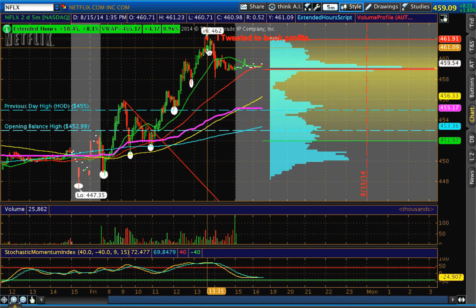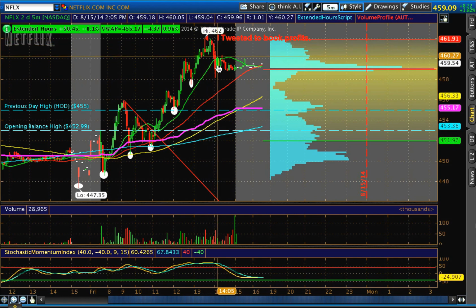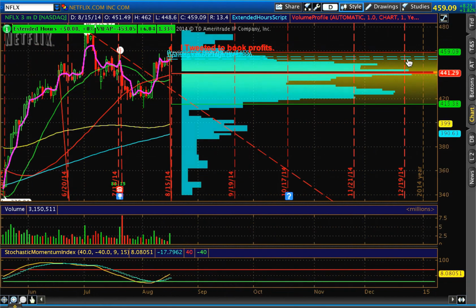And you could see that the stock did pull back here, and it did come back up to make a bit of a lower high. You probably could have got out here with safety too if you saw that this failed, but the stock did pull back at the close, and anyone playing intraday probably just took some profits. So I'm still fairly bullish on Netflix, because if you take a look at the daily chart,